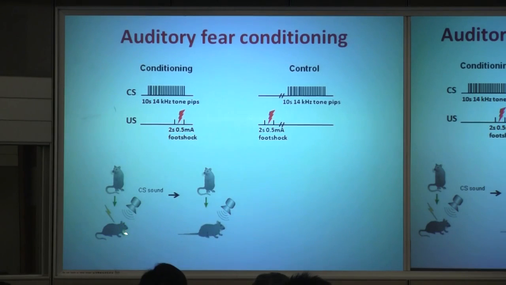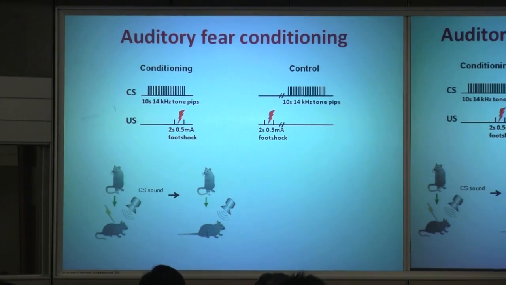What you do is you have a rat or mice, you expose it to a sound, pair it with a sound. You can give a conditioning sound stimulus for, let's say, 1 second. At the end of that sound, you give a foot shock. You shock the animal. So you always pair the sound with the shock. So the animal sort of associates these two events together. So then after you do this for a few times only, then you give only the sound without the shock. The animal will freeze, as if they're expecting the shock is coming in. Right? So the animal has a fear memory imprinted in the brain.